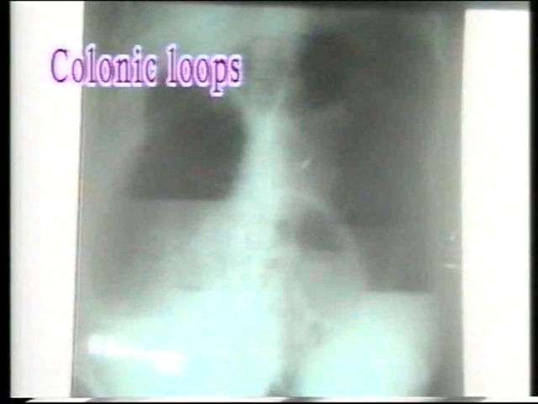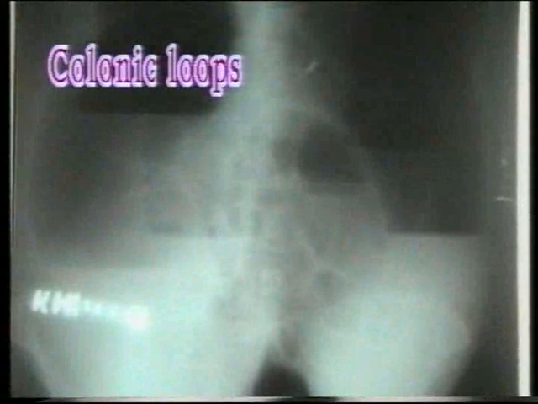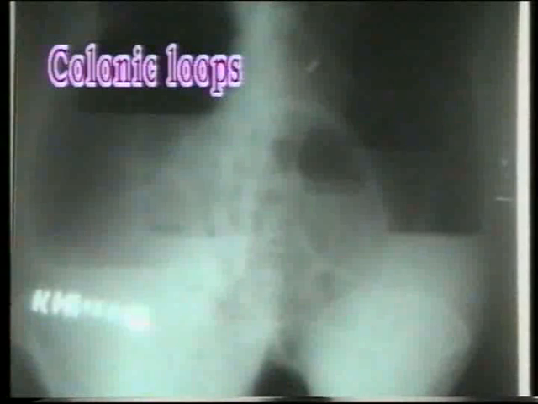Now we will study a colonic obstruction, or large bowel obstruction. Here, as compared to small bowel obstruction, the air fluid levels are peripheral, reaching the lateral abdominal wall, and the diameter of the loop is much more. But the characteristic feature is the haustrations, which are spaced quite apart at random, not like the concertina pattern of jejunum.